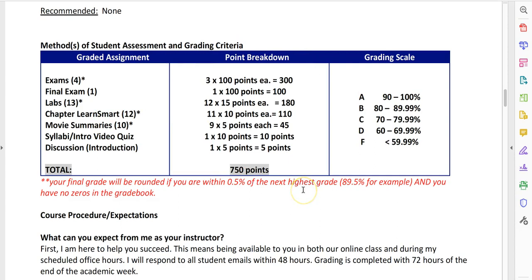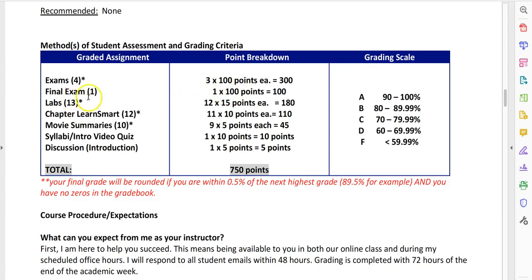Here's the student assessment and grading criteria. Let me talk about these things over here. We take 4 exams, but I only count your top 3 scores, meaning I drop your lowest. Anything with an asterisk means that's how many we're doing, but I'm going to drop your lowest 1 score. And whether maybe you get 100% on every exam, I'm still dropping 1. Okay, so 3 exam scores count. Each exam is 100 points each. Final exam can't be dropped. It's taken with an Eagle. It's worth 100 points, so it's worth a full exam score, but it's comprehensive over all 12 chapters.